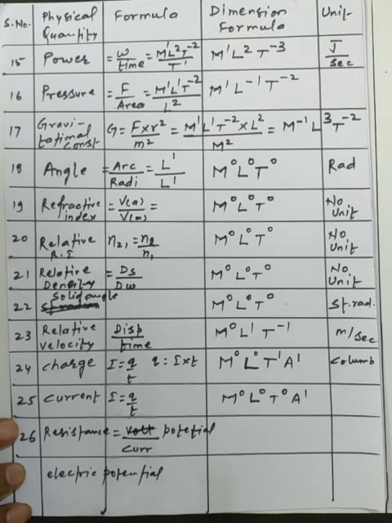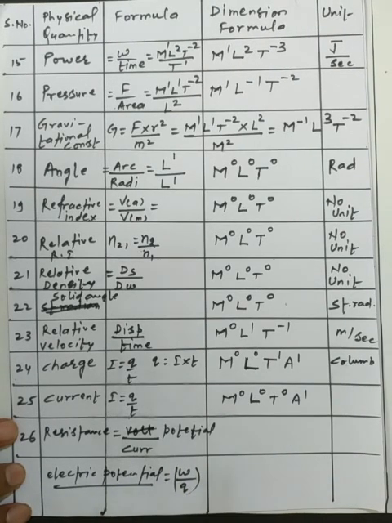So potential has its own formula. So I am writing here potential is equal to work done per unit charge, that is called the joule upon coulomb. So it's a concern of the unit we have. Okay, now we can easily go with the formula.